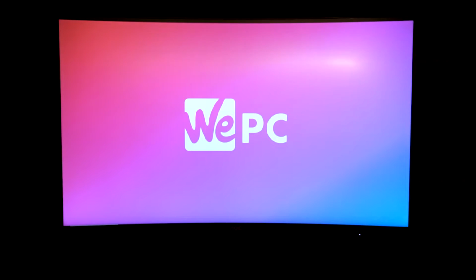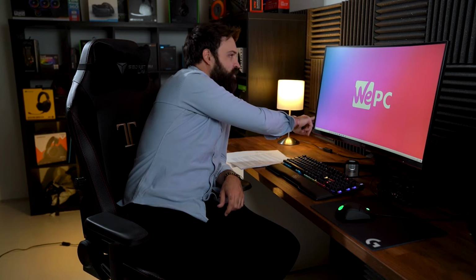So first of all, we're going to look at the panel coating. It's anti-glare with a 3H hardness in matte. It does a very good job of mitigating natural sunlight and indoor lights. So as you can see, the bezels are pretty thin. Around the outside, you're looking at 9mm. At the bottom, you're looking at 23. Overall, they're pretty small. This would be a great monitor if you wanted to use like a dual or triple